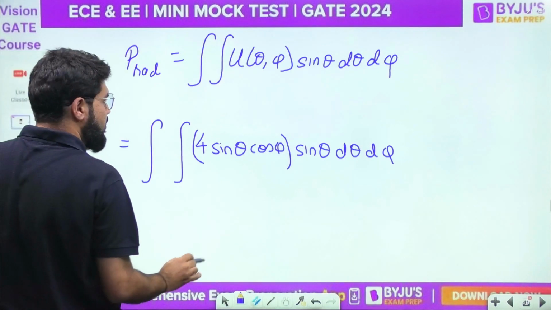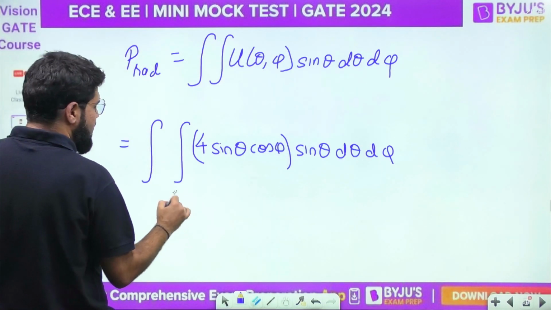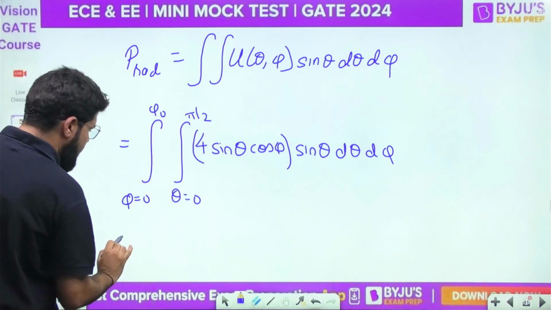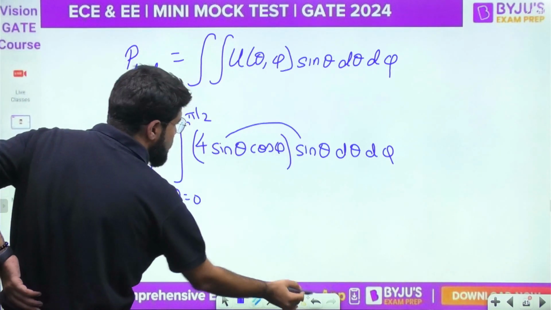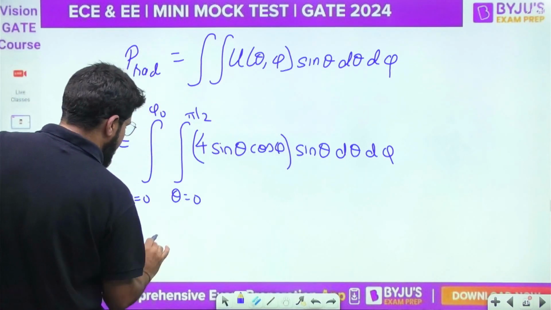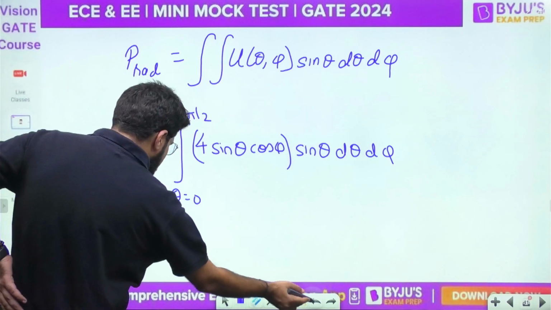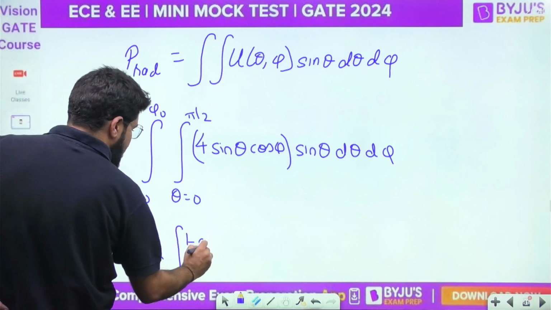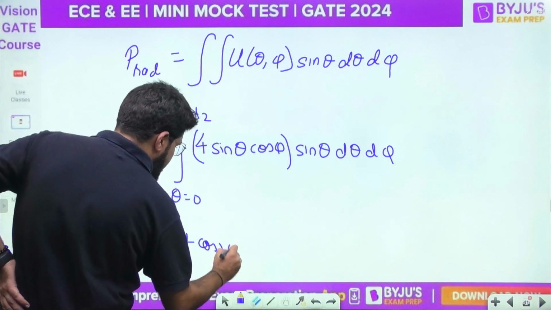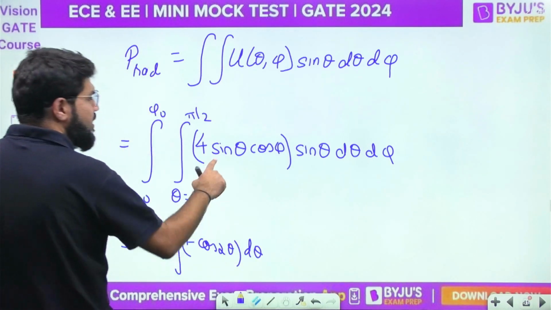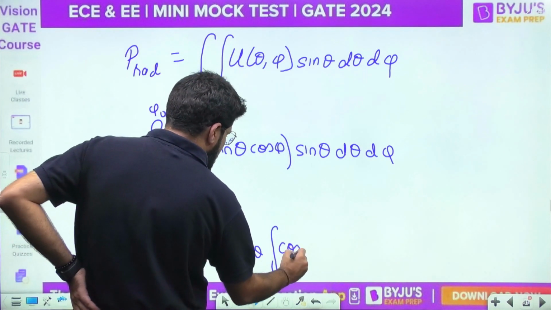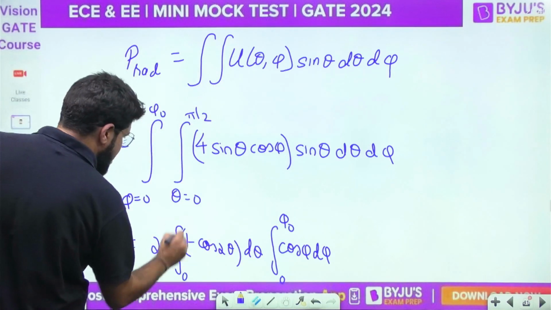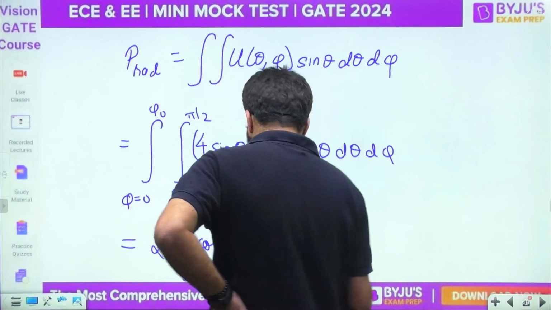Now let us put down the limits, and actually it's variable separable. Theta is 0 to pi by 2, that is mentioned. Phi is 0 to phi naught, we will have to check that too. So this should be sin square theta, and for the sin square theta we write 1 minus cos 2 theta by 2. So let me only write down 2. The integral with theta will be 1 minus cos 2 theta d theta. The integral with phi is cos phi d phi. The limit of phi is 0 to phi naught, the limit of theta is 0 to pi by 2. So this shall be equal to 2.